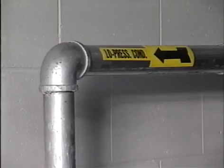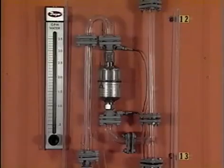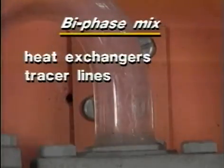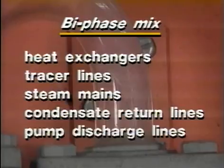more pronounced in biphase systems. Biphase systems contain both condensate and live or flash steam in the same space. Heat exchangers, tracer lines, steam mains, condensate return lines, and in some cases pump discharge lines may contain a biphase